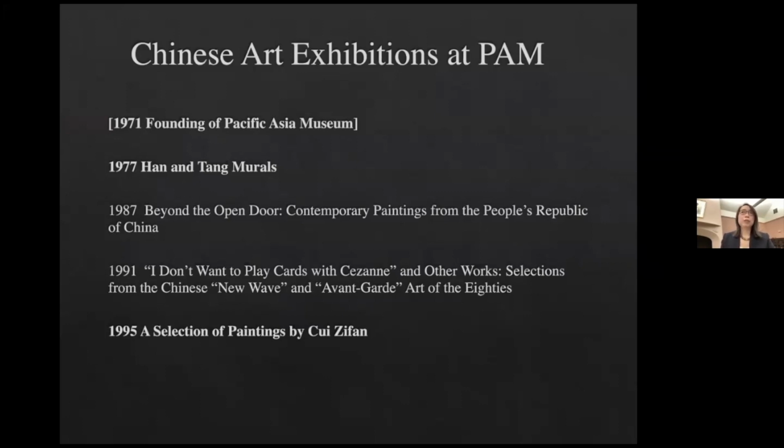Perhaps it might not come to your mind immediately that it's the same year when the People's Republic of China gained a seat at the United Nations without US opposition. And that actually paved the way for the visit by President Richard Nixon to China the following year in 1972. So this is a huge moment in US-China relations, because since the end of World War II, especially after